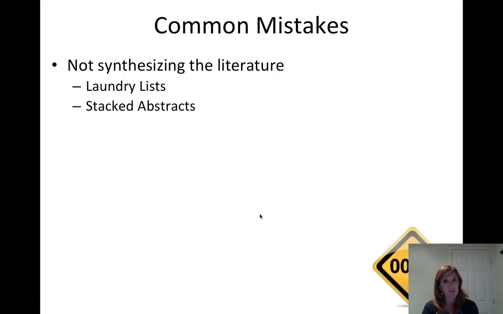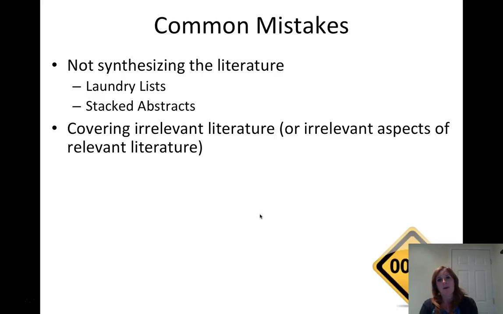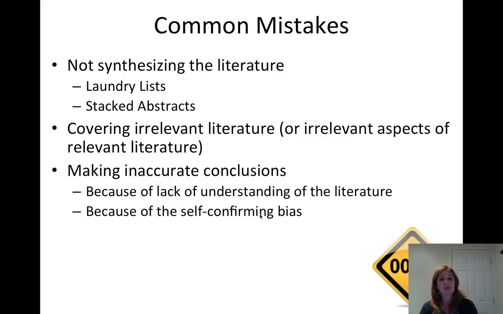What I'm really looking for, and generally when you're writing lit reviews or introductions, what we're looking for is some sort of synthesis of the literature. If I wanted to look at a series of abstracts, I could look those up and find them myself, but I want to know how you connect these concepts and how you think about the application of those concepts and their connections. Another common mistake is covering irrelevant literature or irrelevant aspects of relevant literature,